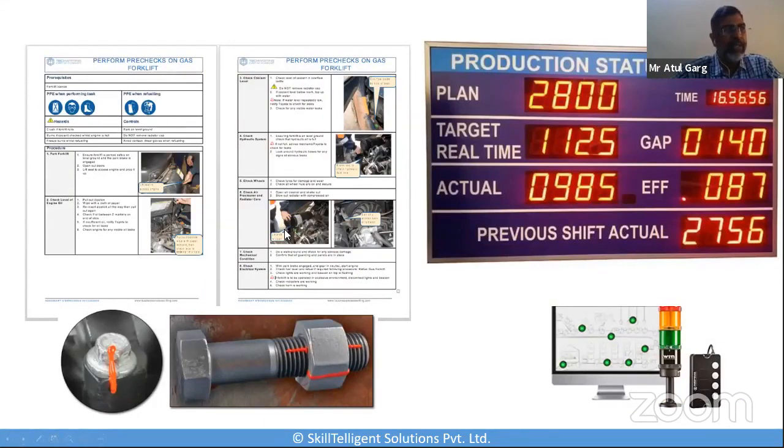So this is a visual instruction. This is a production status board, which talks about plan versus target time, the gap over here, the total time for which the entire operation is running, the actual, and the previous shift's actual. So there is a comparison available over here. This is a classical example of setting up a mark, so you know how much you have to turn it, what alignment you have to do while fixing it, or how much a screw has to be tightened, and so on and so forth. So these are the torque markings and so on.